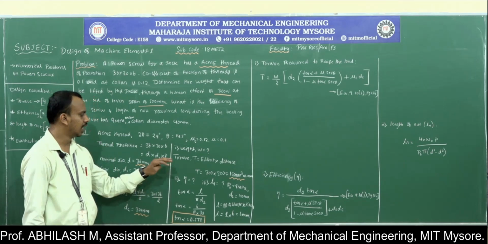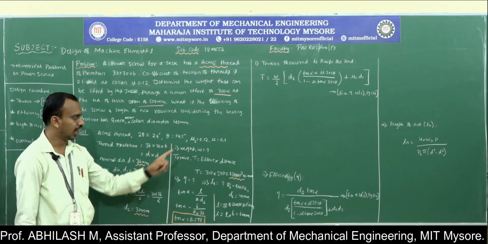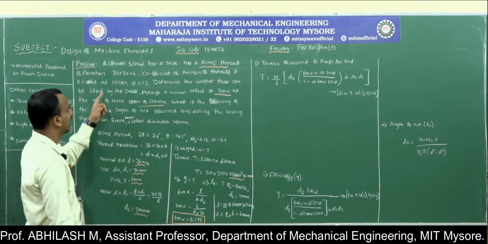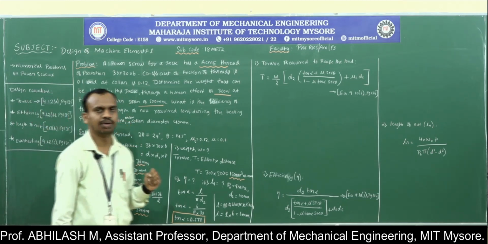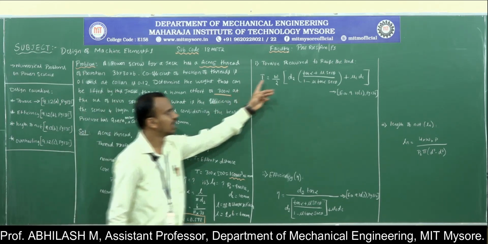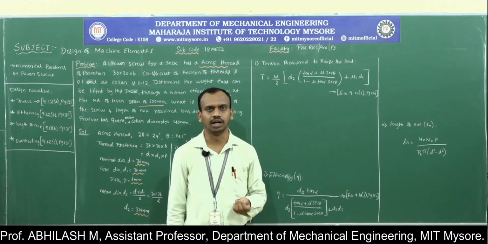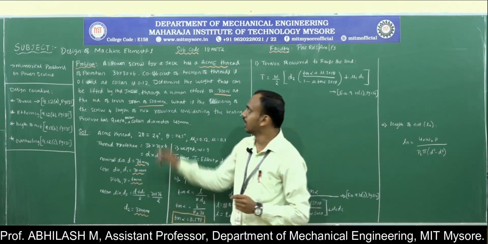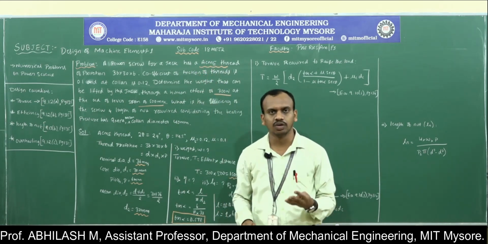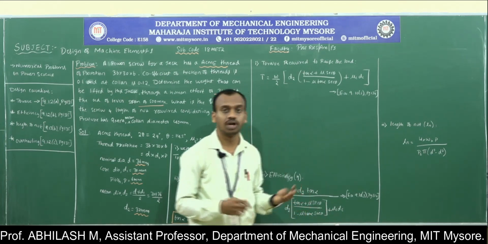Now let us begin with the identification. What are the things that we are supposed to identify? The first step is to identify the weight that is acting on this particular screw, or the weight that can be lifted by this particular jack. So how do I do that? I know the relation for the torque that is required in order to raise the load. What is the condition here? It is not a square thread, it is an Acme thread. So I cannot make use of the same relation that I am used to for square thread. Then what is the relation?